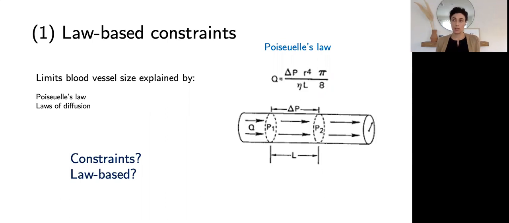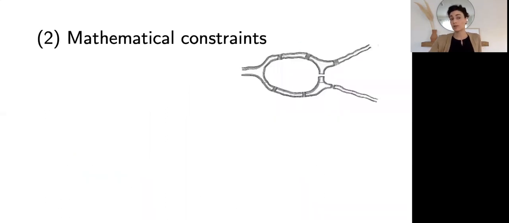In order to see a dependency relation that is derived from mathematics, we should move on to our second constraint, our mathematical constraints. A paradigmatic set of examples of mathematical constraints are found in cases of topological